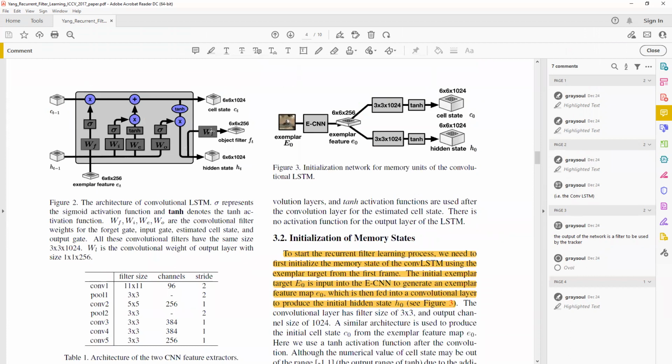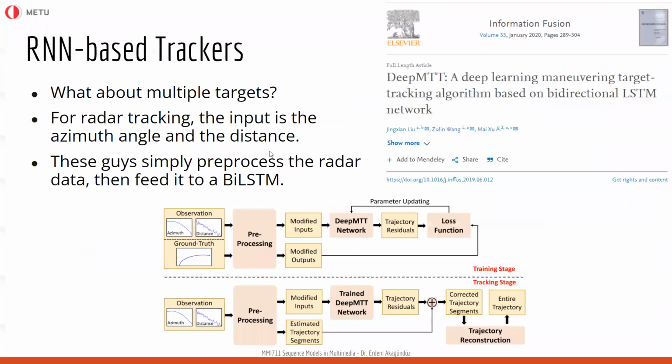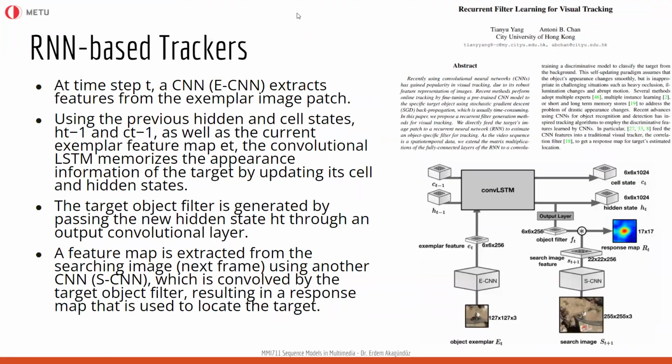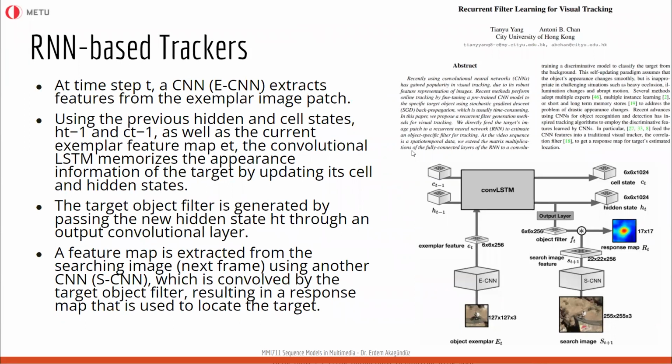And this is the conv LSTM. As you can see, this is an LSTM where we have convolutional boxes before the sigmoids and tanhs. Okay, any questions about this paper? This is another nice example. Any questions about this paper? Okay, then